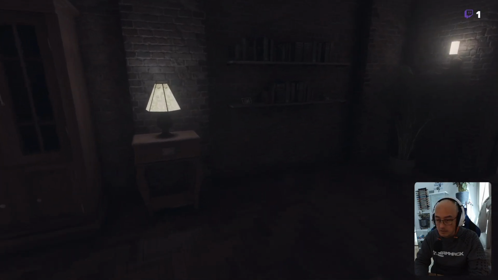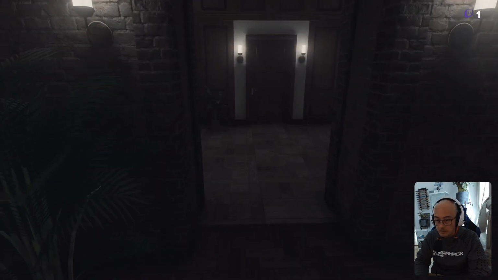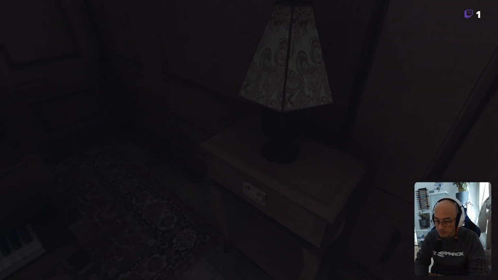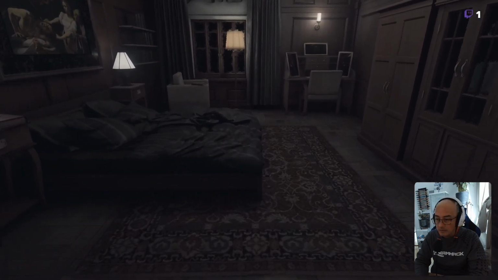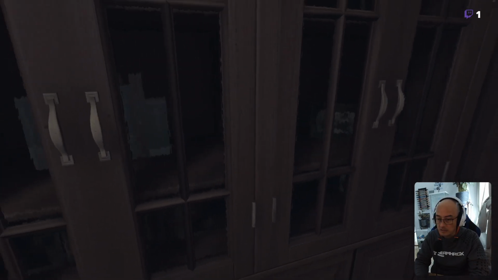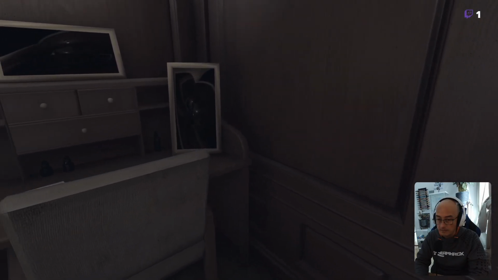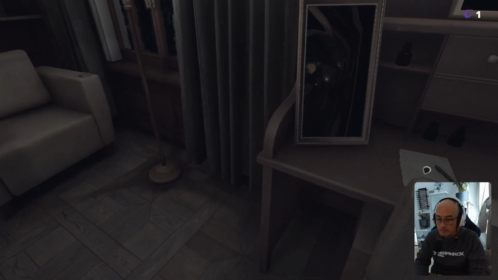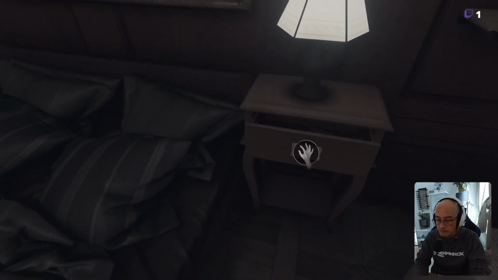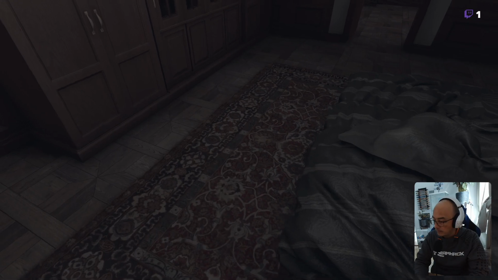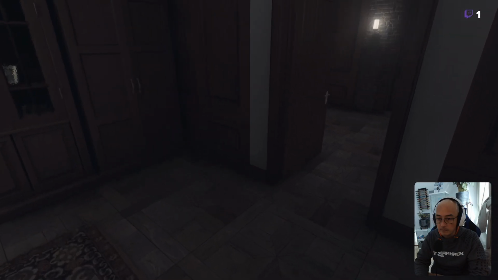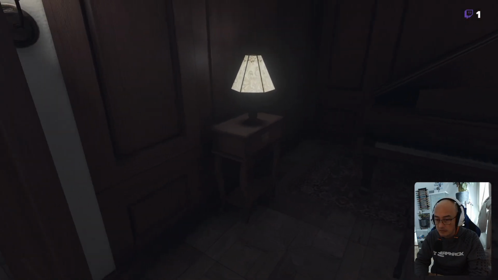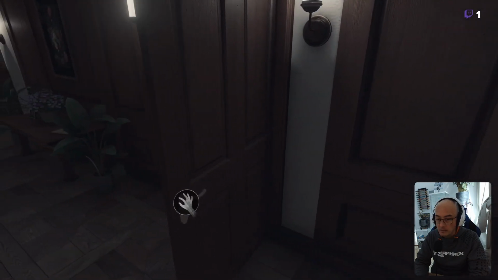So that key was, I don't know what that key was, but as we heard from our wife, we have to go to the bathroom. She is taking a bath this time, and this was kind of tricky last time. I will let you know why in a second. I think here somewhere.